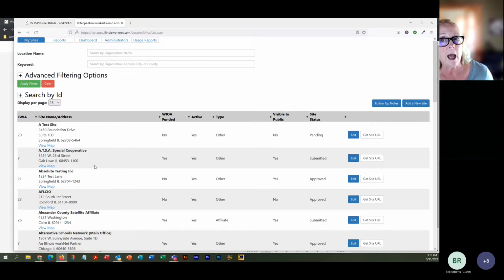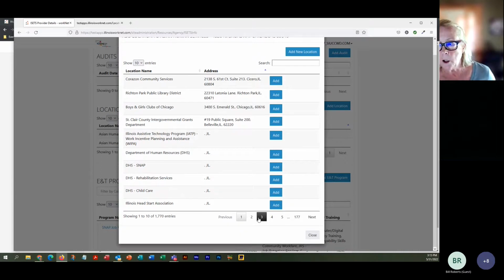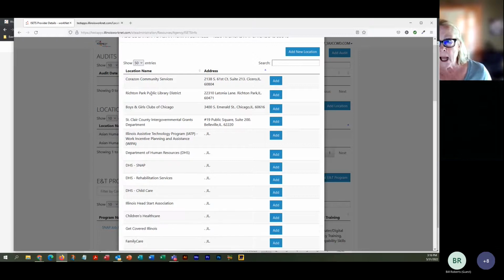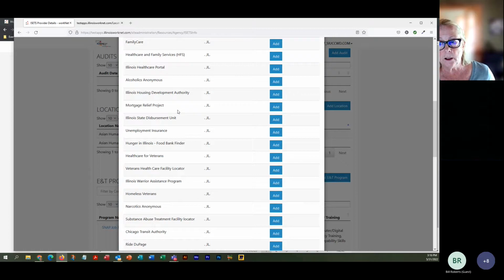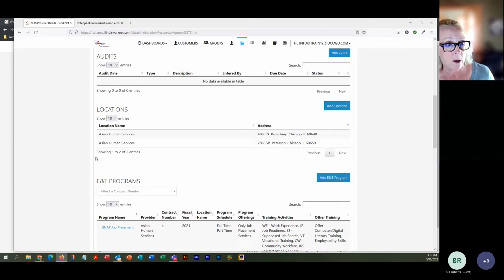And if you do not have access rights to the locations, please let me know and I will update that information in our system so that you get the semi-annual notification to update and verify your location information. So if your location is here, then you would add your location. You can search by 50 locations at a time to make sure that you're getting as big a list as possible. So let's talk about